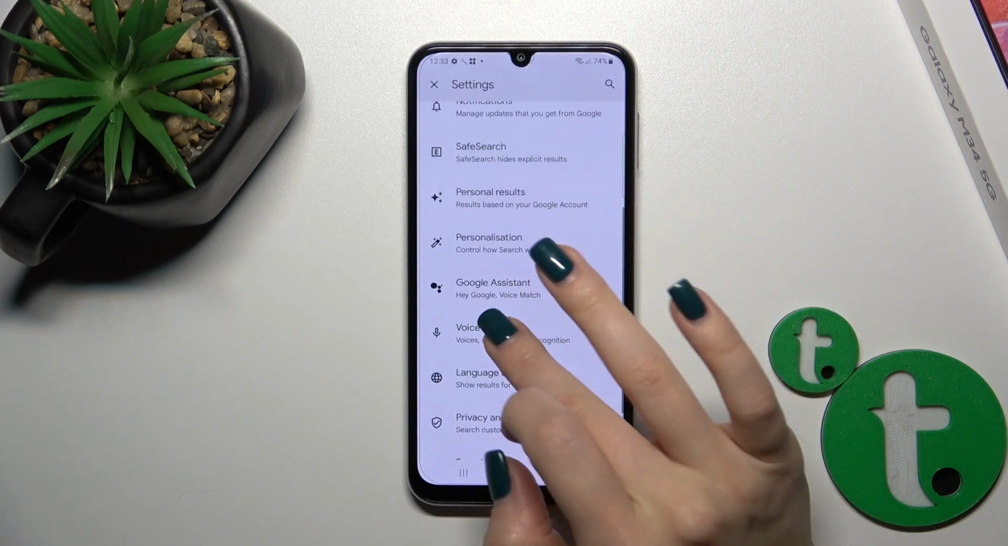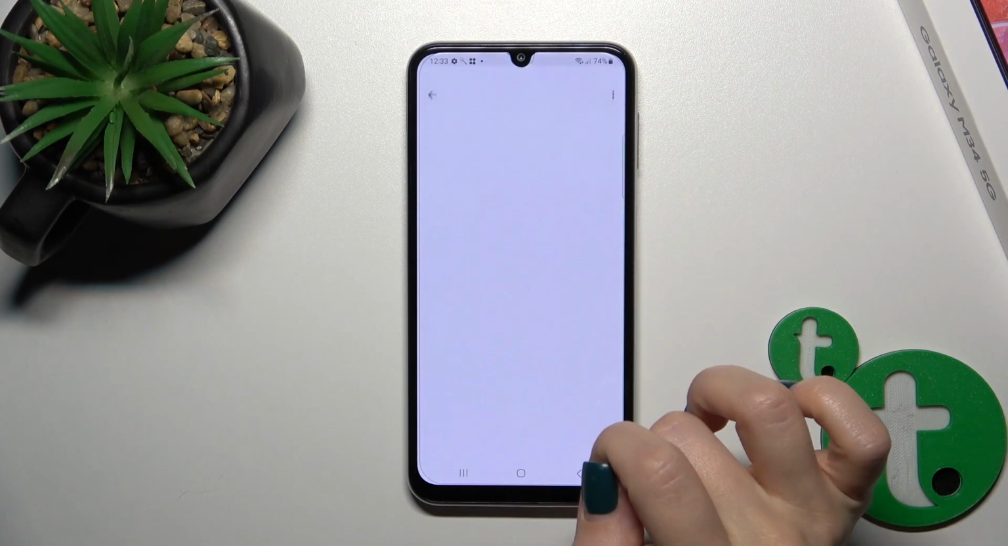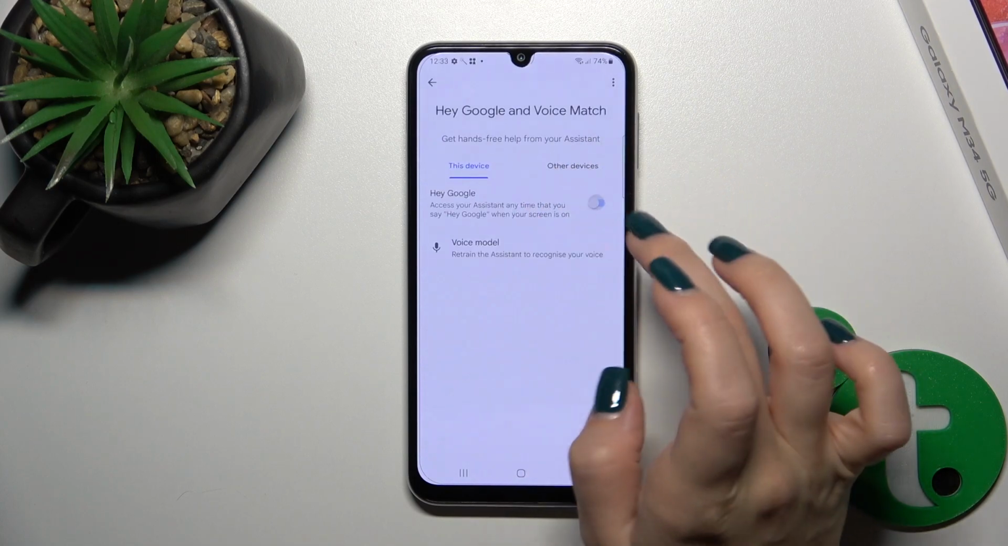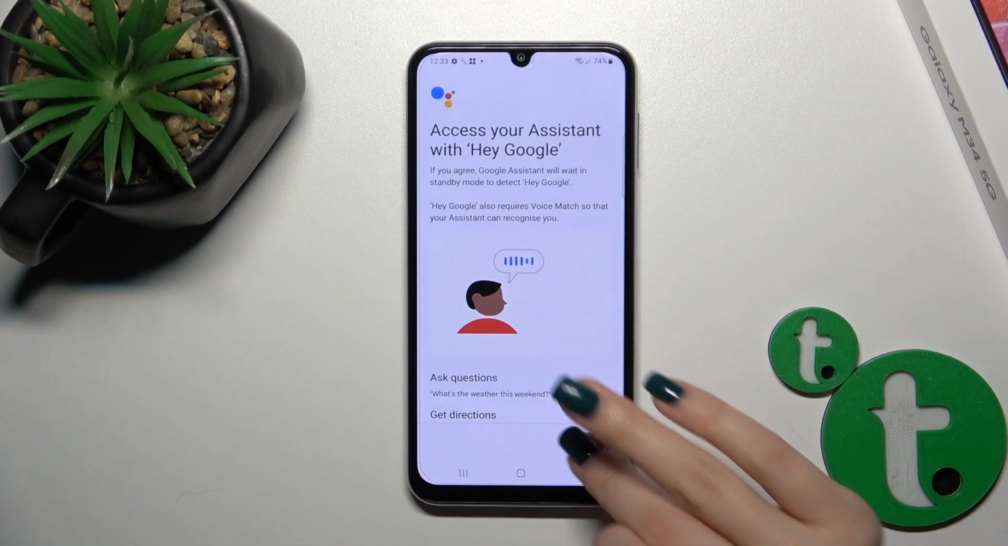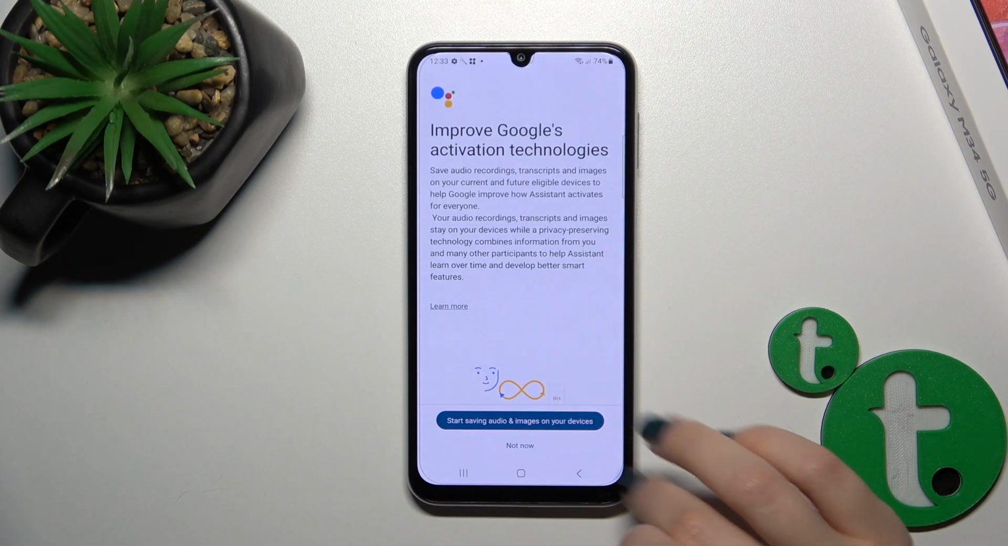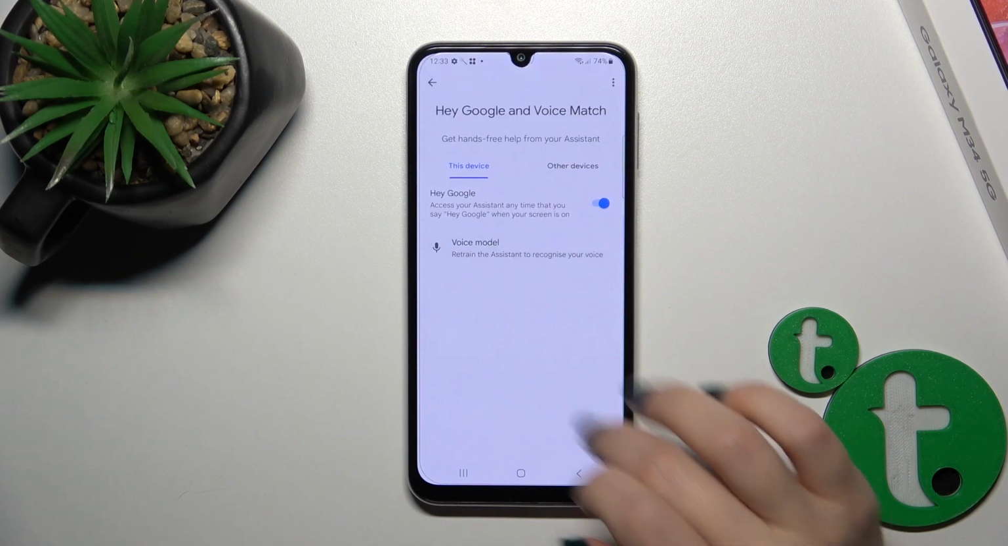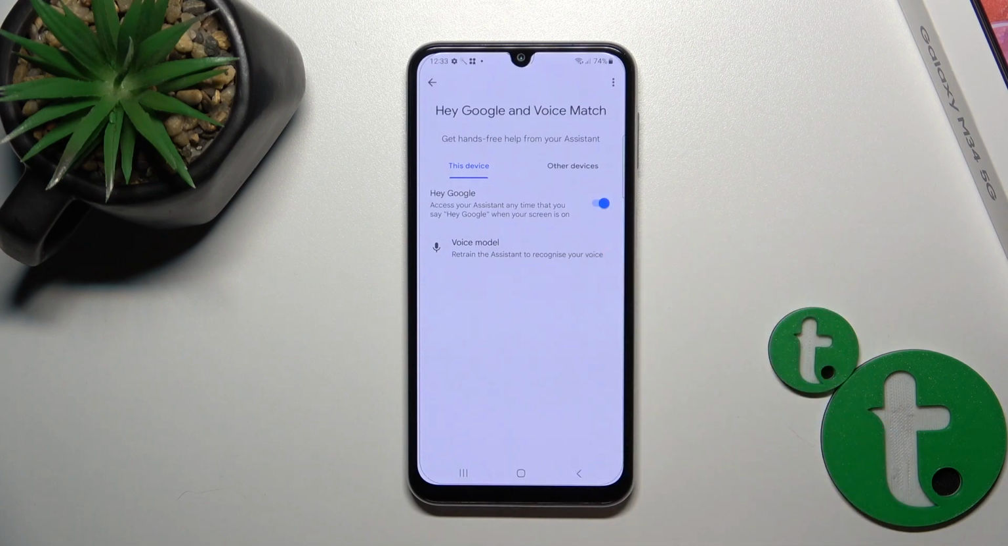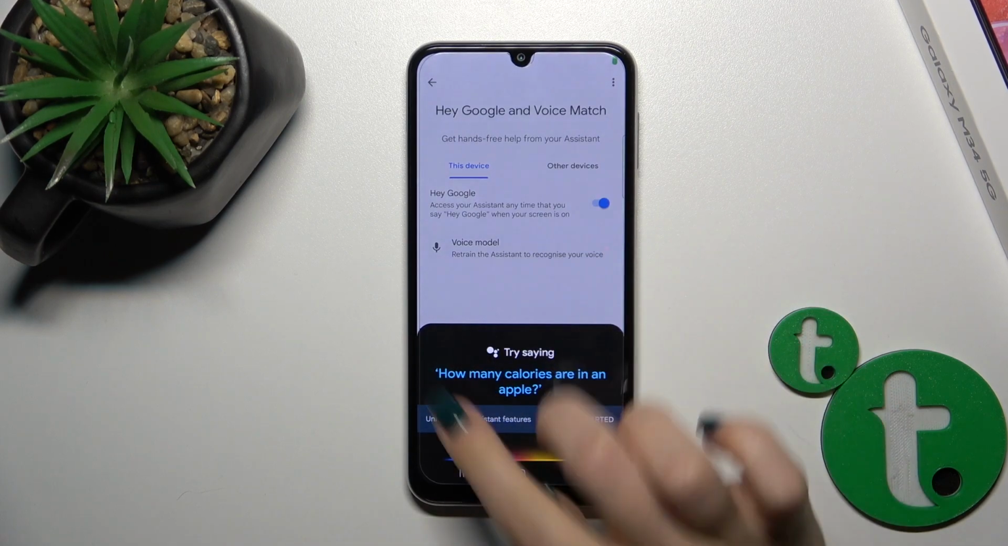Go to the settings and click to voice section. Tap to voice match and to activate Hey Google feature, click on the switcher. Then just tap to more, I agree, next. Not now, and now we could see that the Hey Google option successfully enabled, and if you want Assistant to